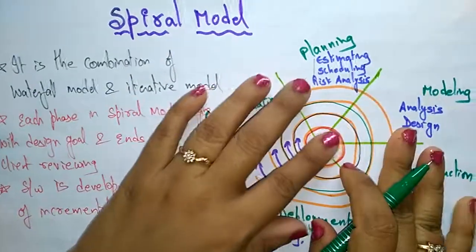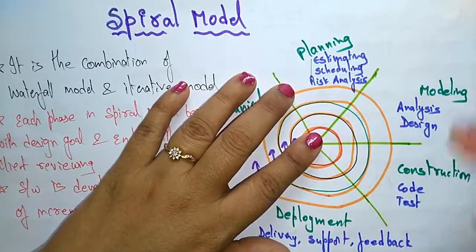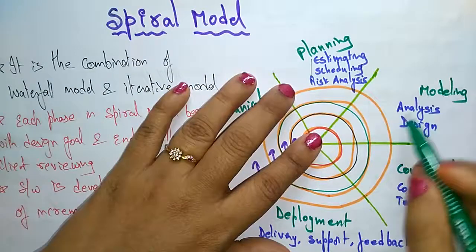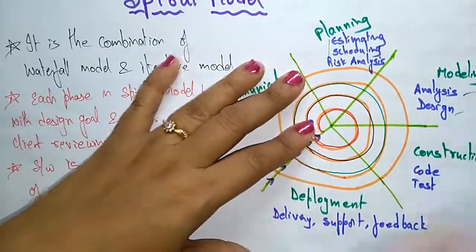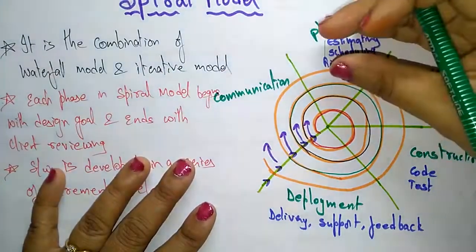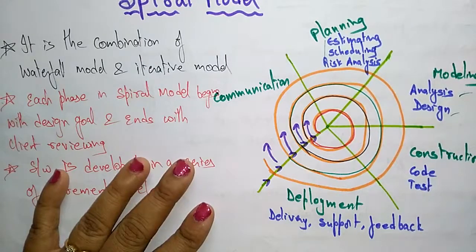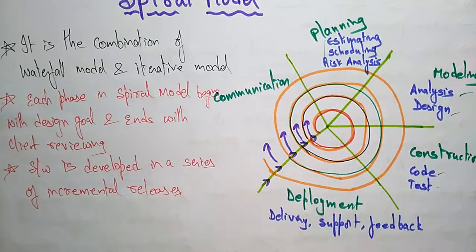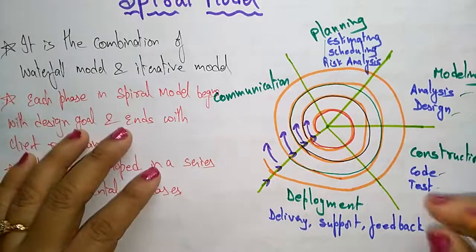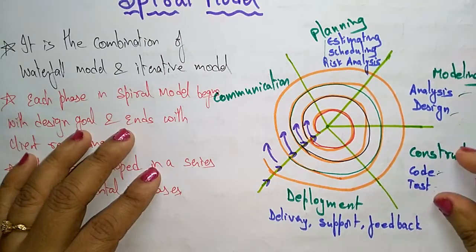After planning we have to model, meaning the design. Once the documentation is ready, we design it in pictorial representation; that is the modeling. In modeling you come across the analysis phase and the design phase. Whatever the documentation is, it will be represented in diagrammatic form. After that I have to construct, which comes under code and test. I write the code for the project and after writing the code I have to test whether the product is a success or not. Code and test come under the construction phase.